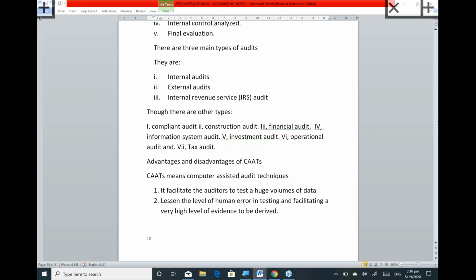Then we look at the disadvantages. CATs are costly to set up, and a continued audit relationship needs to be present before it is worth commenting. Also, a major change in the client system necessitates a major change in CATs. So what we are saying is that it's very costly to maintain, and also, like we said, somebody can hack into the account and render the account useless.